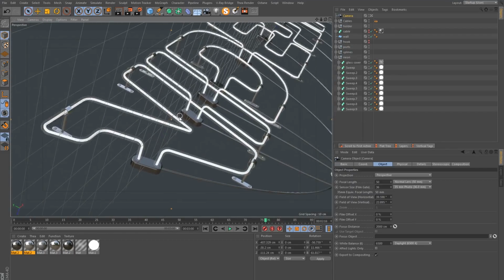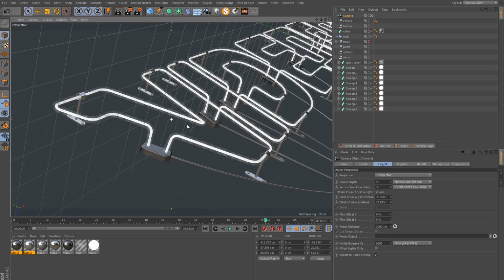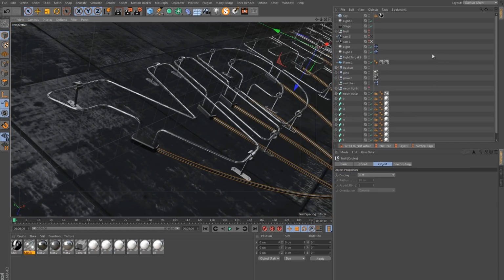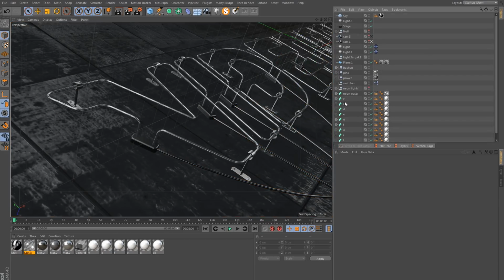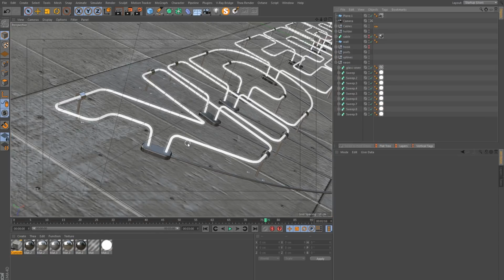So I want something like this right here, and it might be better if I apply a texture to this wall so I can see a bit what's going on instead of the default gray. So I would just copy this material here. And this is just a concrete texture.